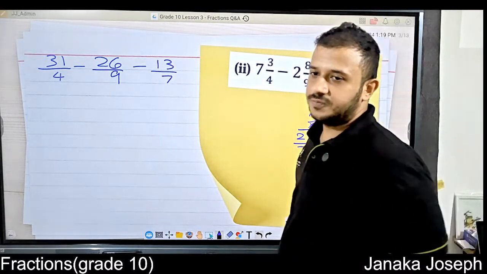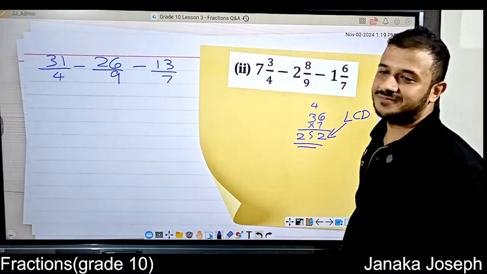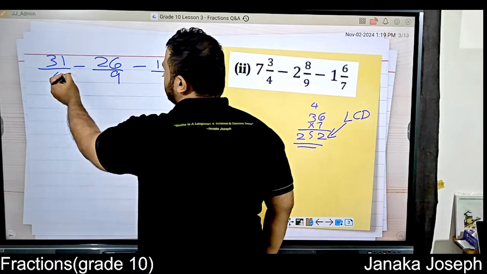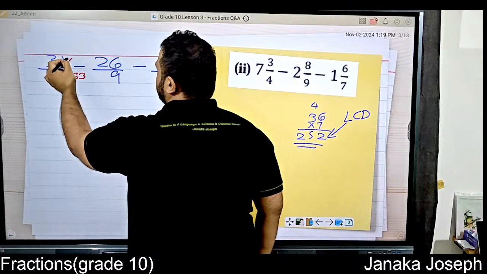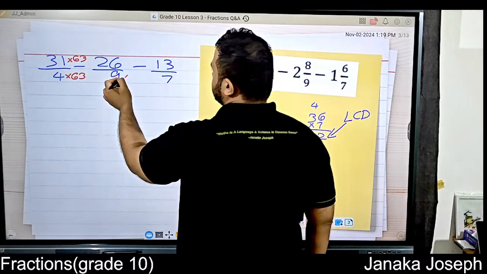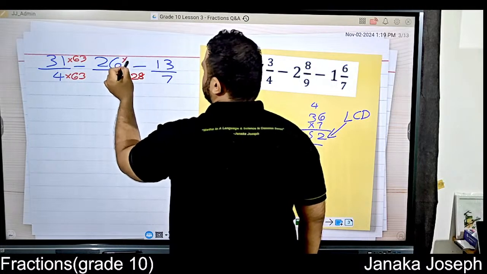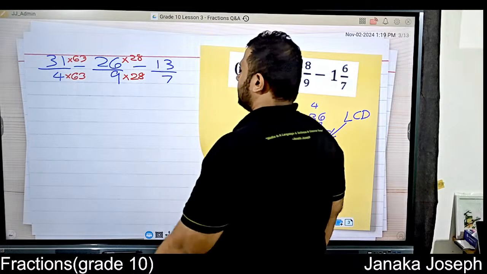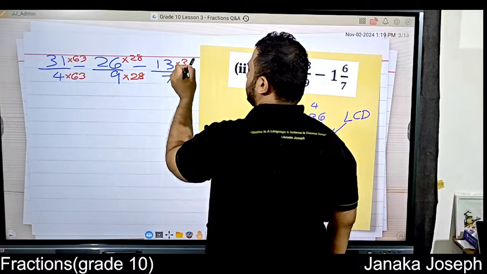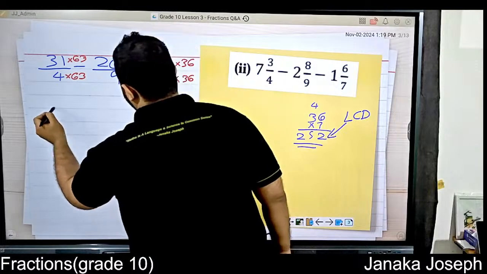So definitely we know 252 means pretty much 4 times 9 times 7. That's what's happening there, easily. So 9 times 7 is 63, right? So here we will multiply by 63. So up here multiply by 63. 9 times what is that value? 4 times 7, 28. So multiply by 28. 7 times 4 is 36. So up here multiply by 36. And all of them will give you the denominator of